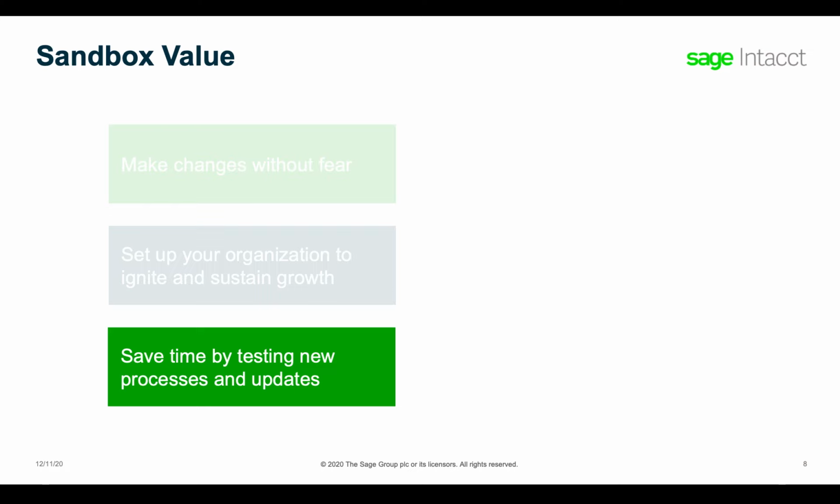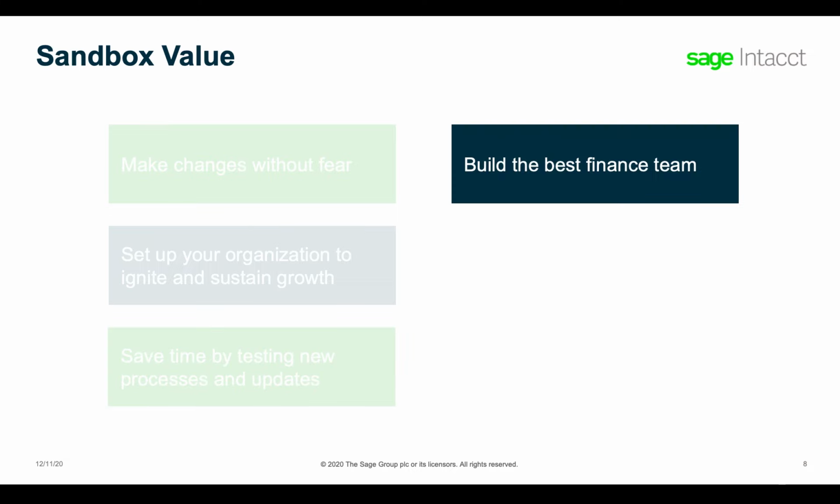You can also save your finance team time and effort by testing new processes in Sandbox. There are many new ways you can cut time from your standard processes by trying out new workflows to make the most of your Sage Intacct platform. By testing in Sandbox, you're also able to quickly understand the impact of these new ways to work. We've had customers use Sandbox to try new workflows that have cut down the time it took to execute certain processes from a few hours to a few minutes. Not only does this help your finance team's productivity, but it also leads to our next value, which is that